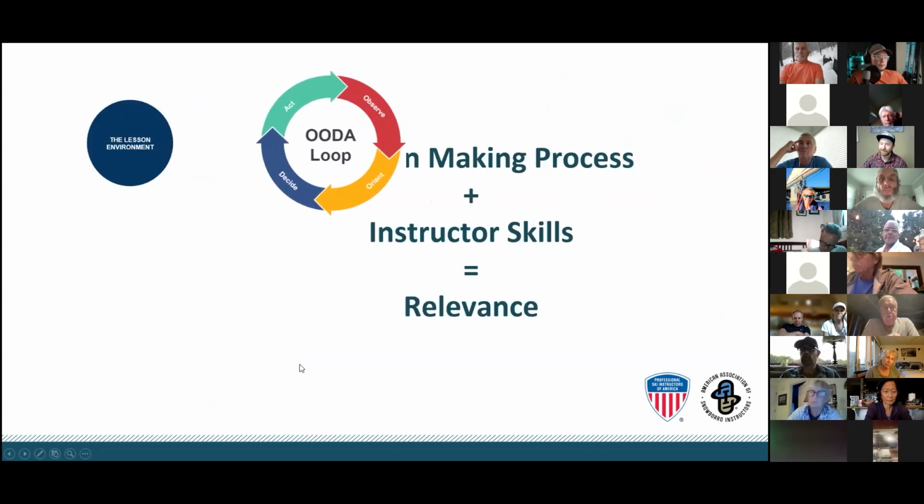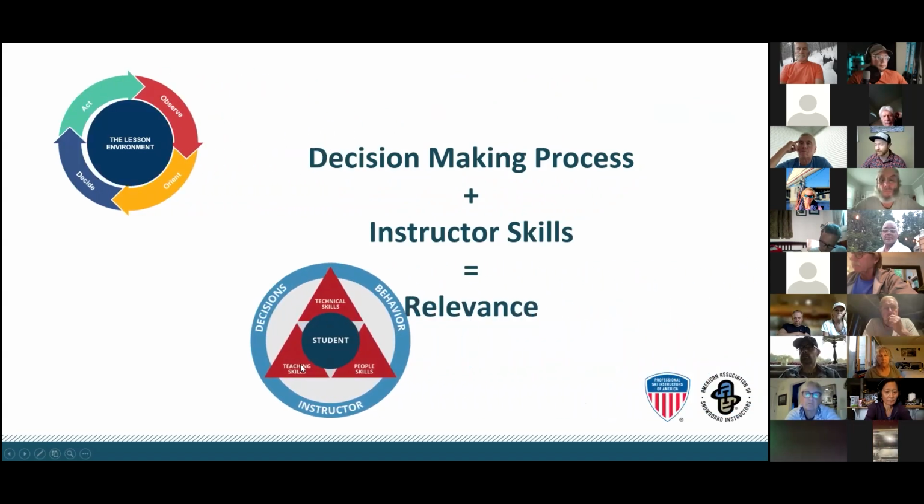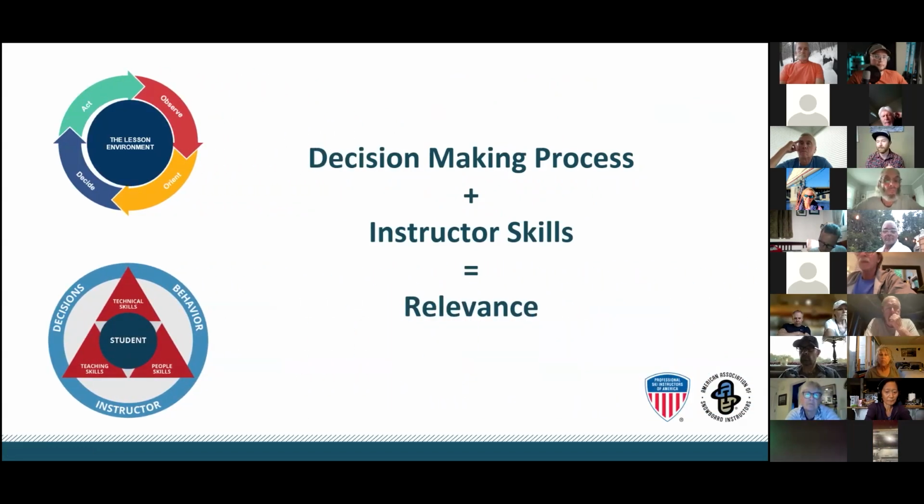And so what I find really interesting about this, I know, graphics. We focus a lot on instructor skills, okay? In our world, in training, in PSIA, right? And I think what you know is less important than what you do with what you know, right? So you don't get relevance unless you have a good decision-making process. So we're going to put that on the back burner, and I think we might have the ability to come back to that in the future in another webinar, but I just wanted to introduce y'all to the relevance gap for a second, okay?